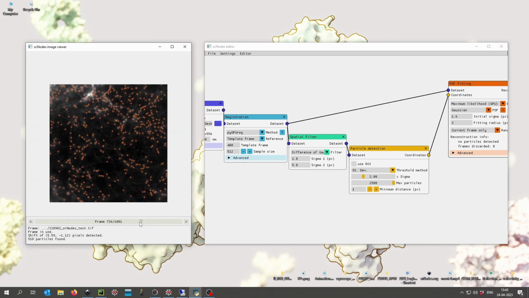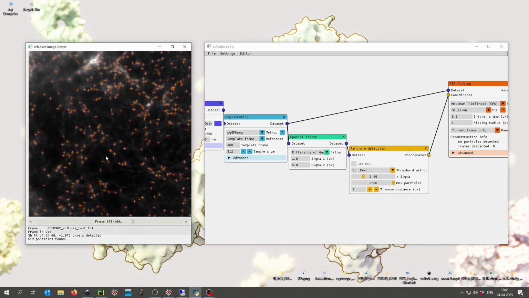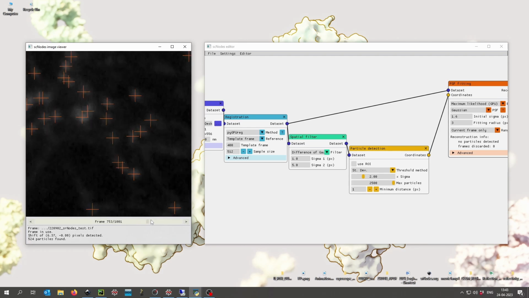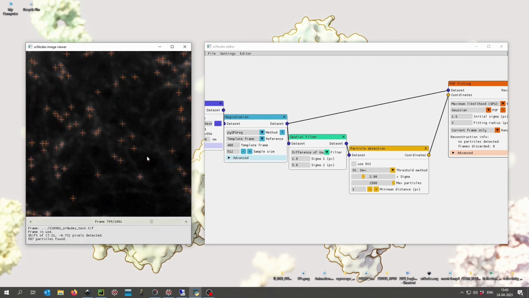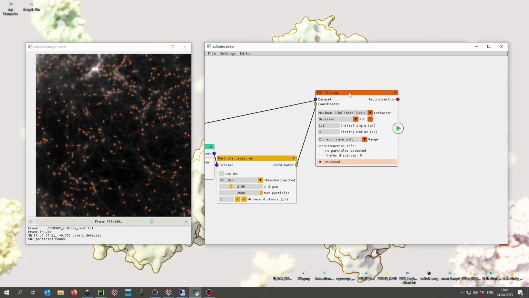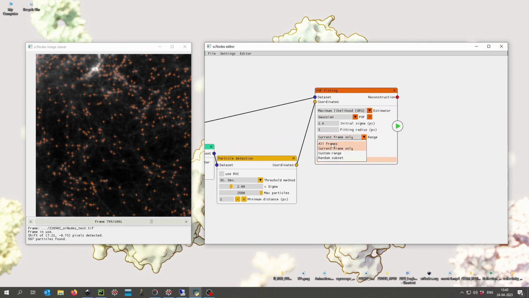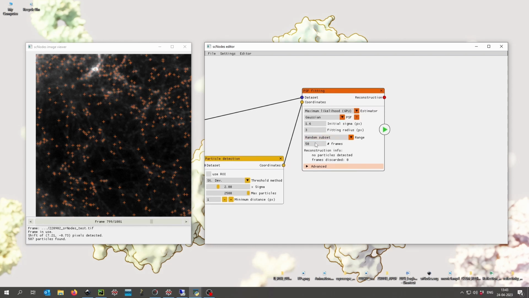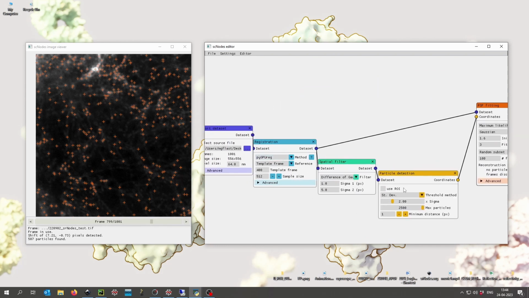So if we are happy with these results, which we are, then let's tell this final node to process everything. Or let's actually use a random subset first, just to check if the output is what we want. So select random subset, let's go for 100 frames, and I've not touched the settings in any of these nodes,